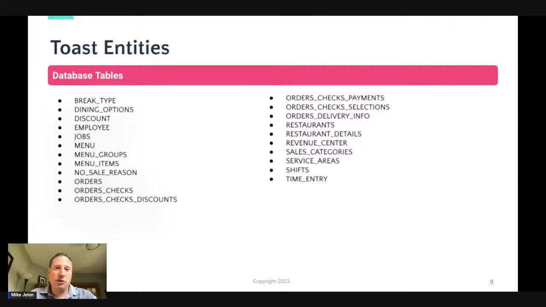You think of all the transactional level information. So every order that comes in, what's the breakdown of the menu, and then what are all the items on the menu, and so that bill of material, or the bomb explosion, you could call it, to be able to say what are all the items on that particular menu, and what did people order. All that detail is available to you within Toast, but really from a back-end perspective, accessing that data through an